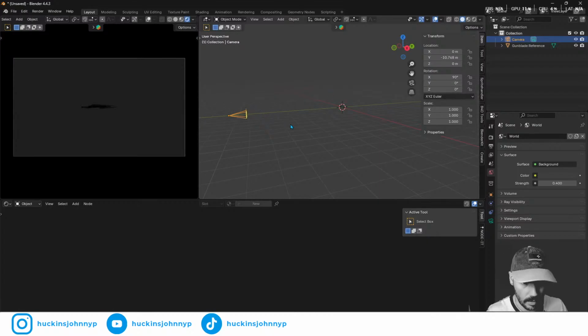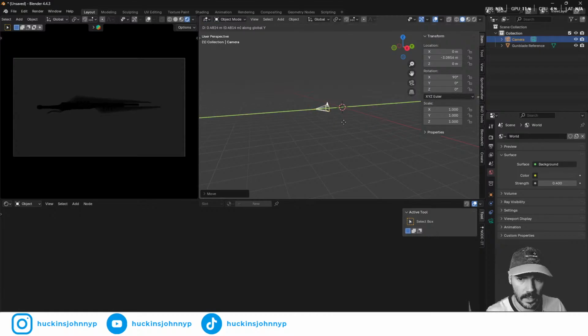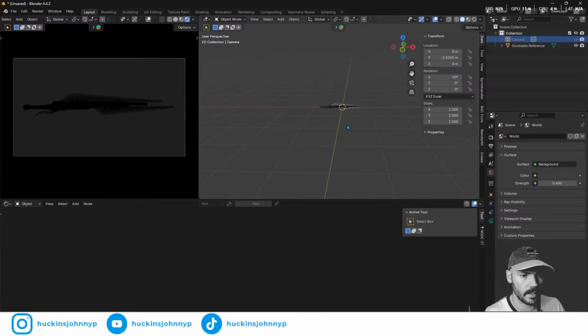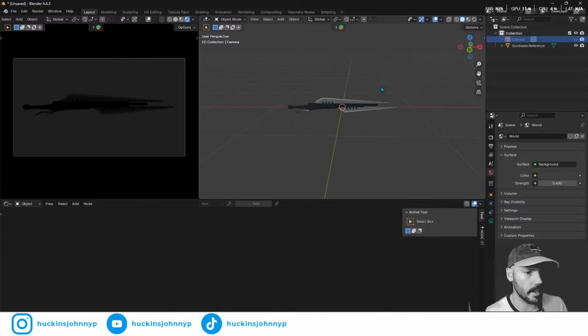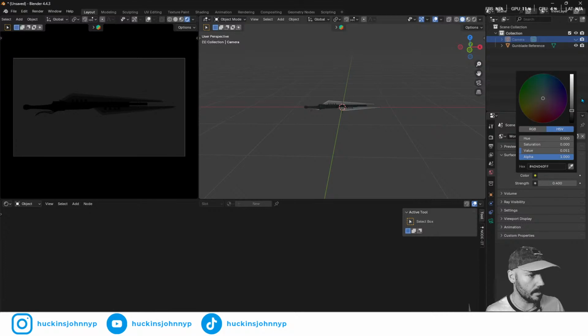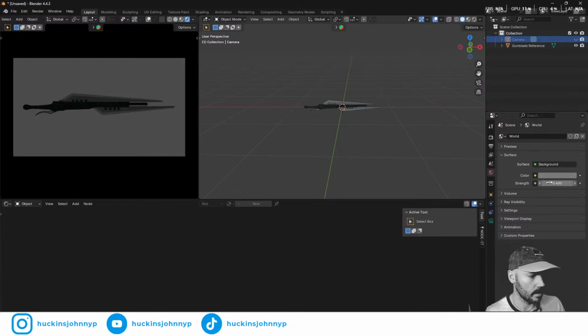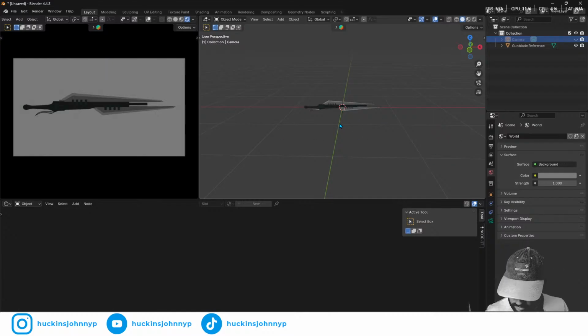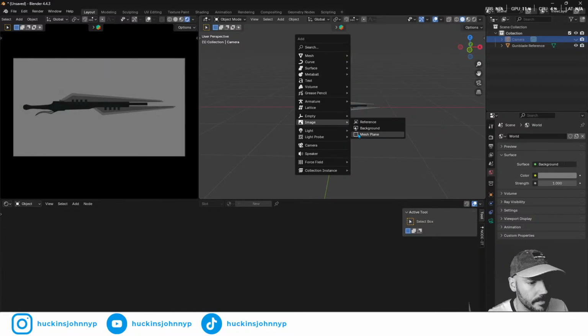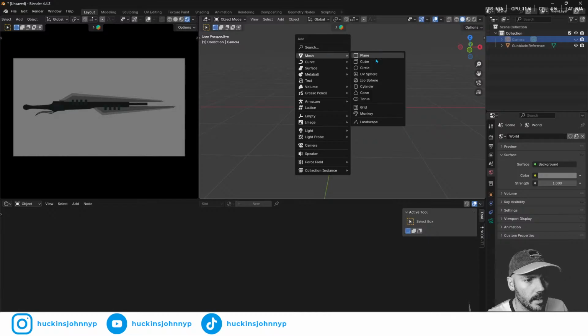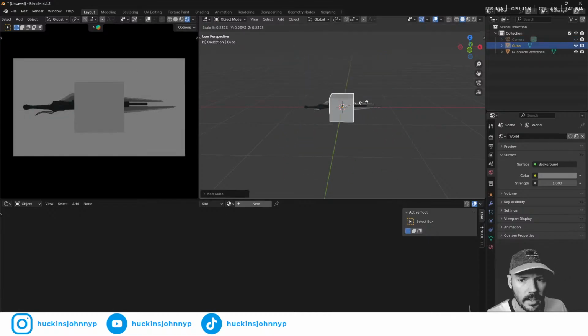I'm also going to go G, Y, and hide that so that it's not there. And last but not least, we can make this brighter at a 1. This way, when I go Shift A and add a cube in and scale that down,